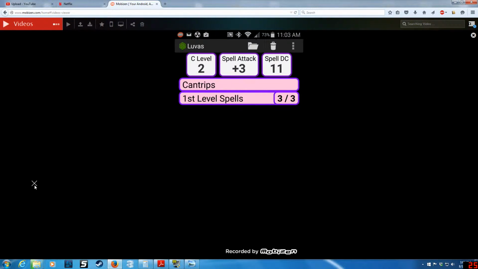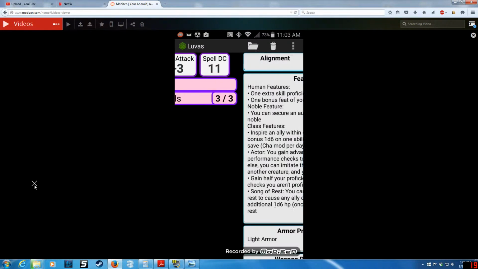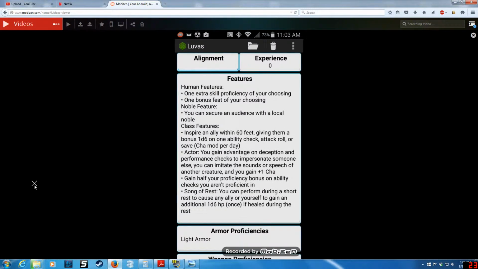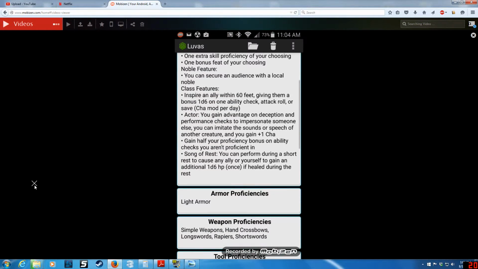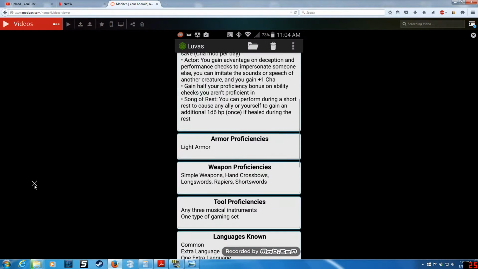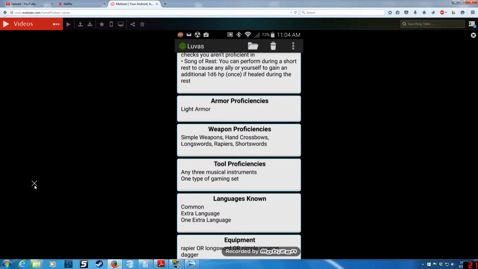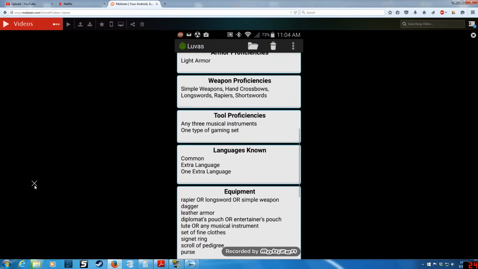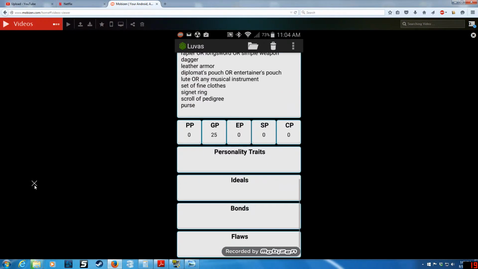Except for, yeah, you got one more level 1 spell level. He gained a couple extra features. I can't remember if the bottom 2 are there, but it adds the newer one towards the bottom. Song of Rest is new. I can't remember if the one before that was there before or not, but it'll automatically add the features on there, and then you can just add those onto your character sheets on Roll20. The rest of these should be the same,